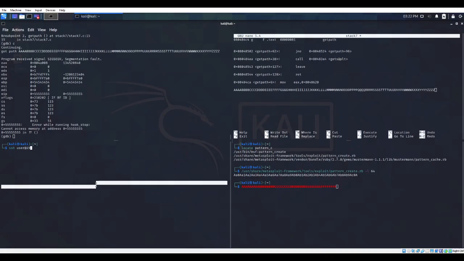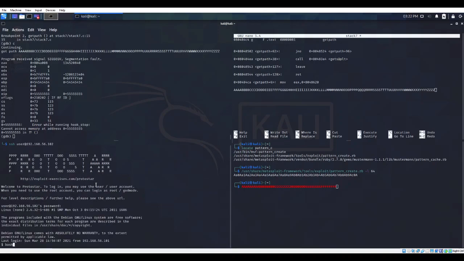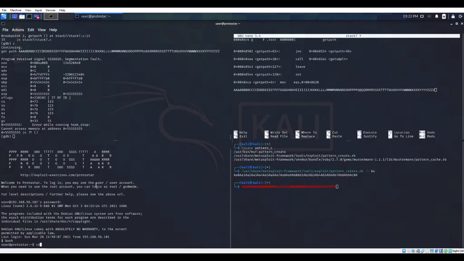The IP address, if I can remember, was 56.102. So yes, we are getting user, let's upgrade to a bash shell and cd into this directory,